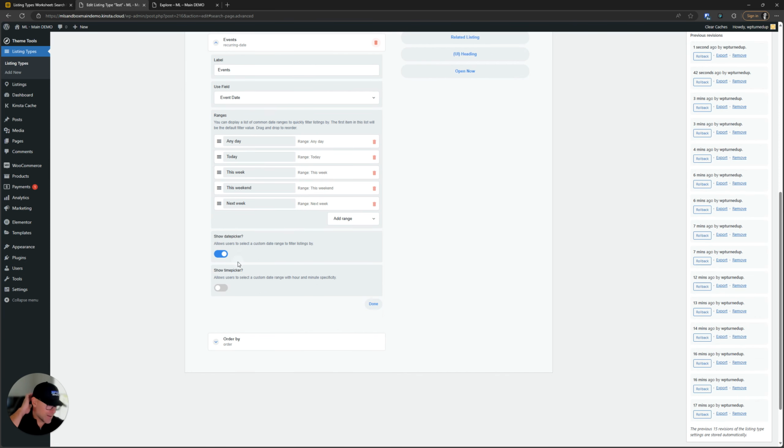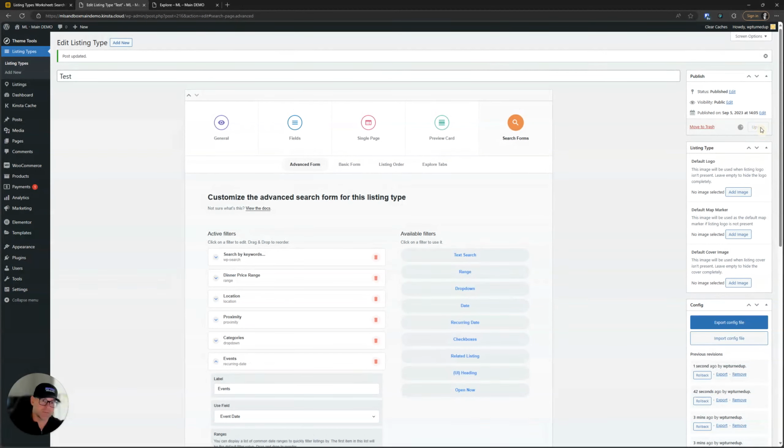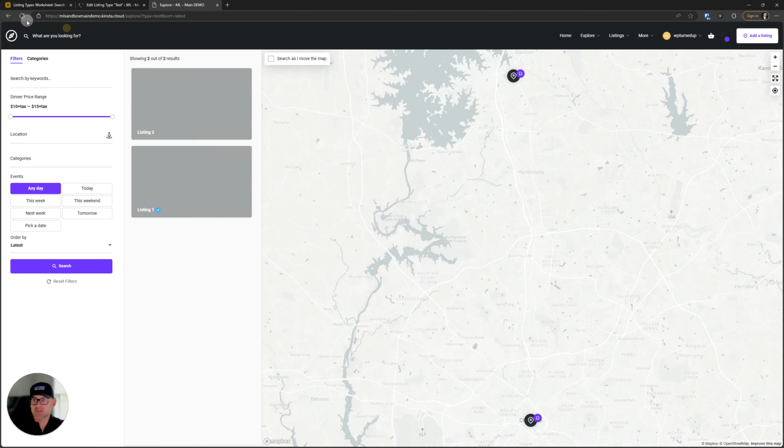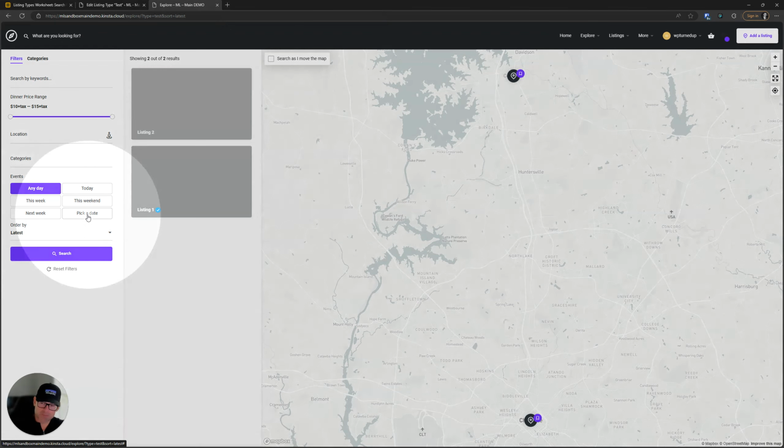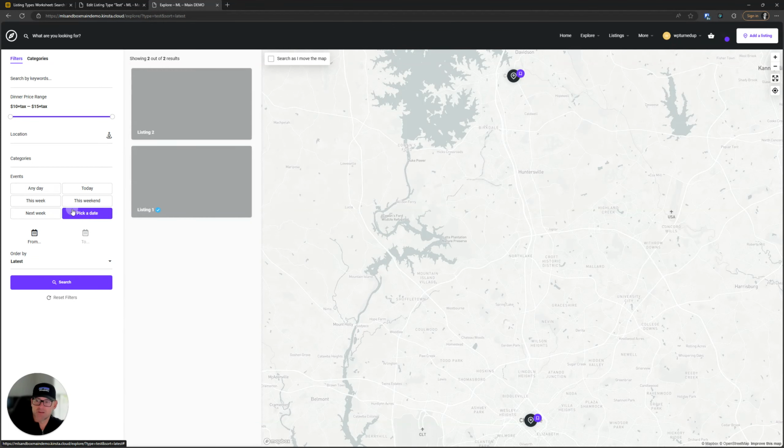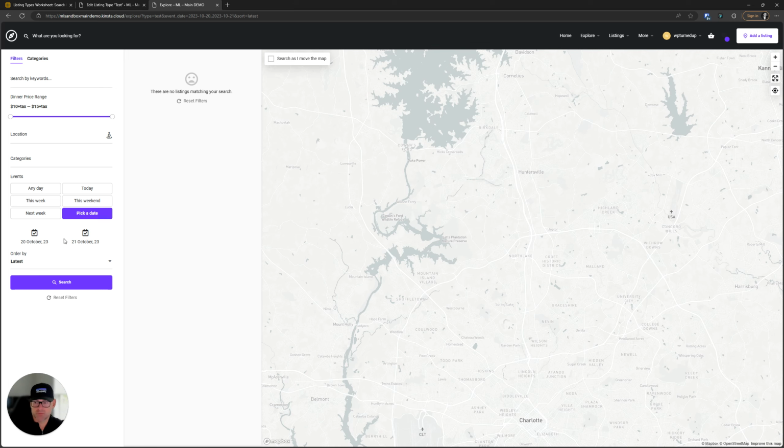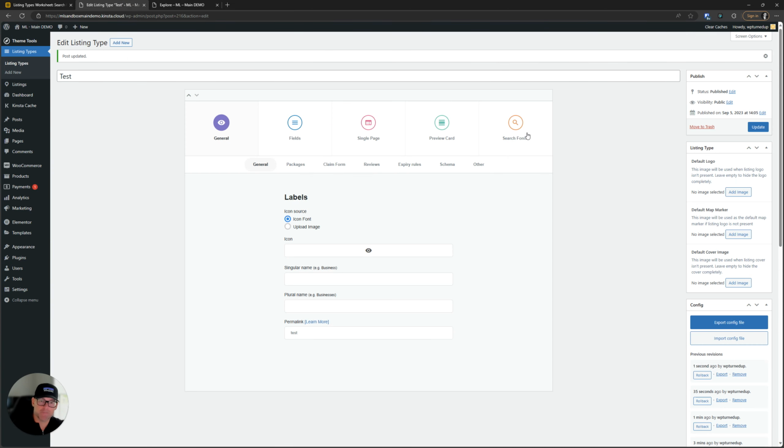Okay, so now getting down to the date picker. So do you want to show a date picker? Just update this and let's see what we've got here. What comes into play there is this pick a date. All right, so click into there. And now we've got a range. This is a reoccurring field, right? So you pick the range. You can pick the month, the year, and the day. Okay? So there's a range. All right? Now, taking it a step further,